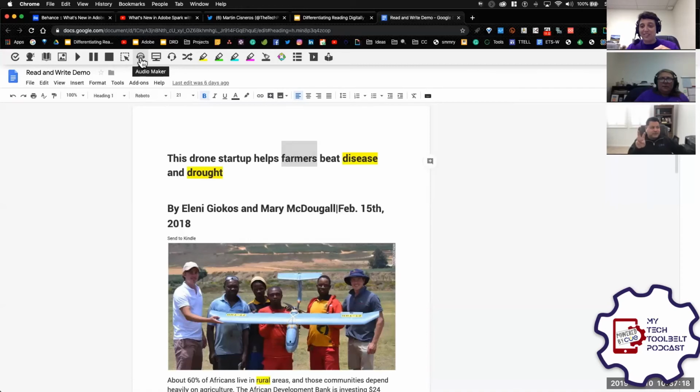There are 2 other features in Read&Write that, at least for me when I was in the classroom, used to take me forever. And this is where I say the promise of tech is really what it stands for. One of my favorite features in Read&Write is, once you go in there and highlight all the words that your EALs need in order to understand the concepts for whatever activity they're going to do next, there's this wonderful button up here that says vocabulary. If you click on that, it automatically goes in there and looks through all the highlighted words. And in a few seconds, it's going to